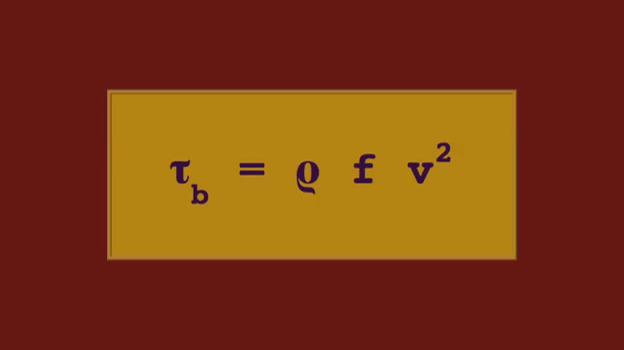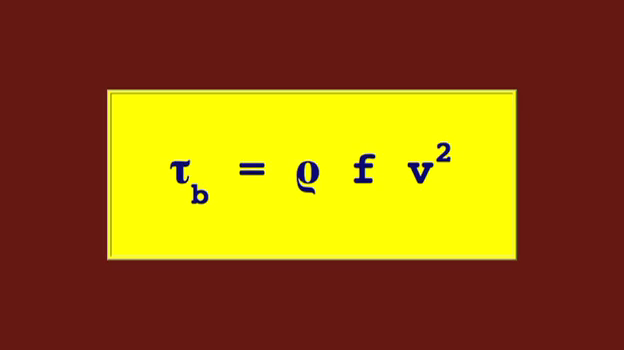The theoretical basis for the Chezy formula is the Quadratic Resistance Law, which states that the bottom shear stress is proportional to the square of the velocity, in which rho is the density of water and F is a dimensionless friction factor. The frictional force along the wetted perimeter of the control volume is